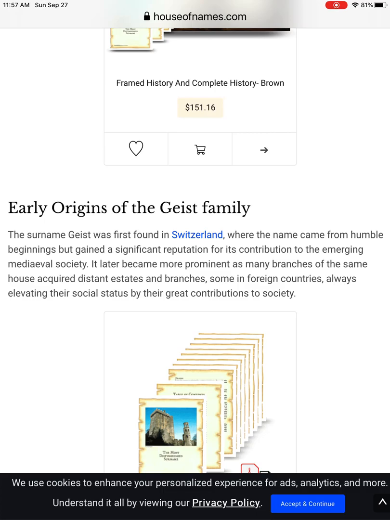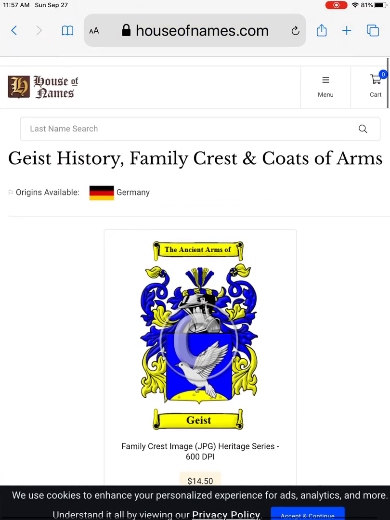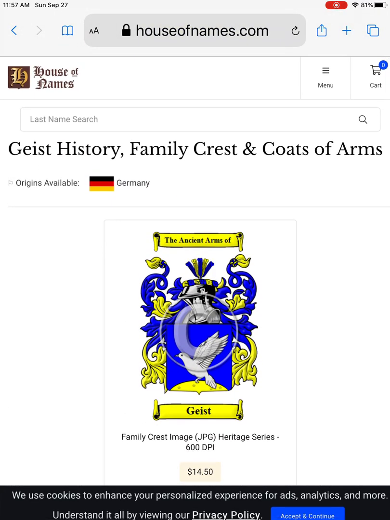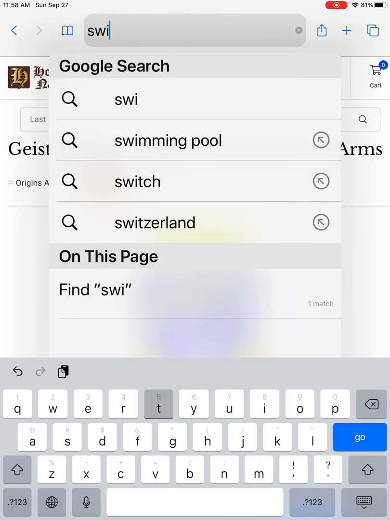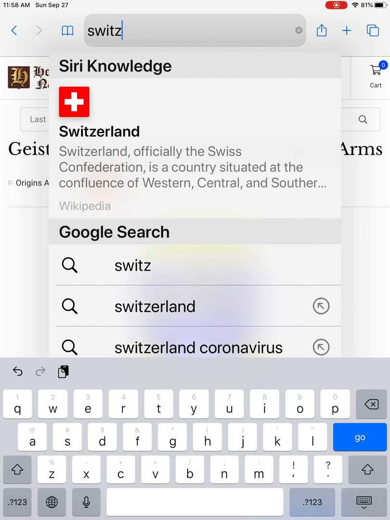So if for some reason your last name does not show up on this website, houseofnames.com, maybe you already know your country of origin. So if you're Italian, your family of origin would be from Italy. If you are Chinese, your family of origin would be from China, and so on. So what you would do next is, for me, I would type Switzerland flag,